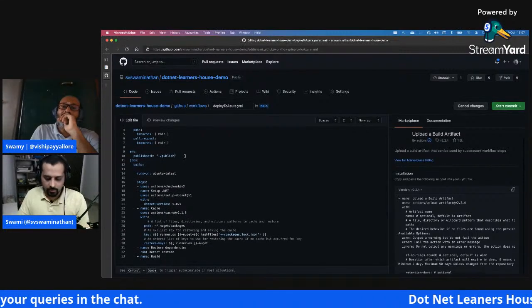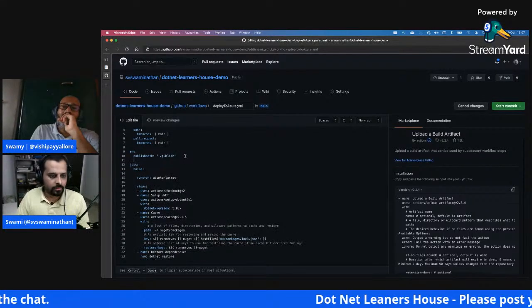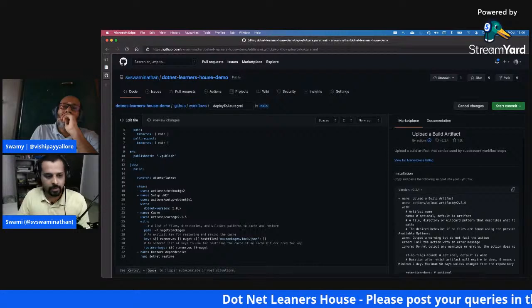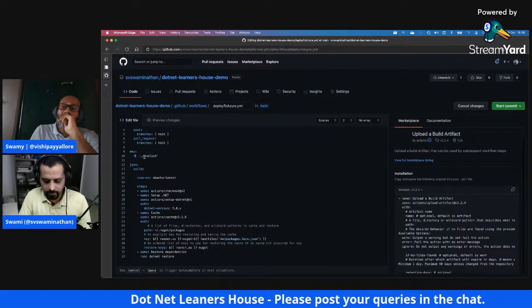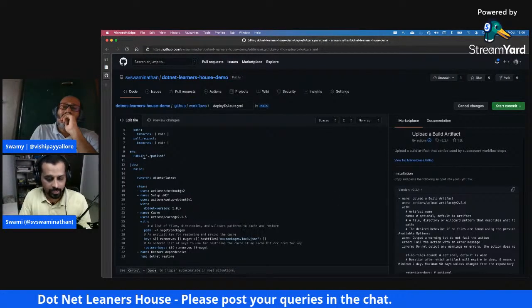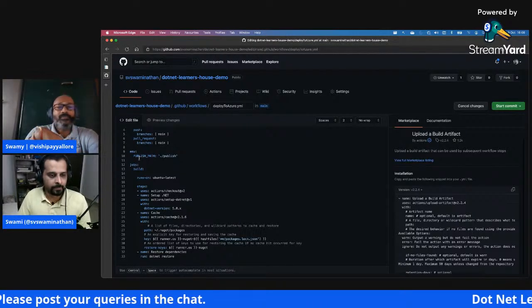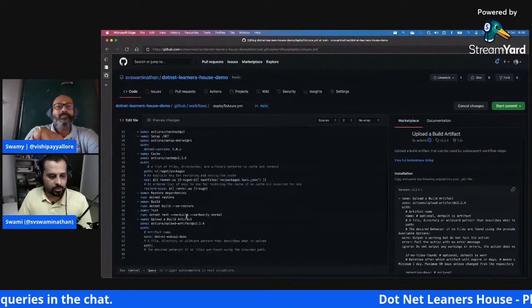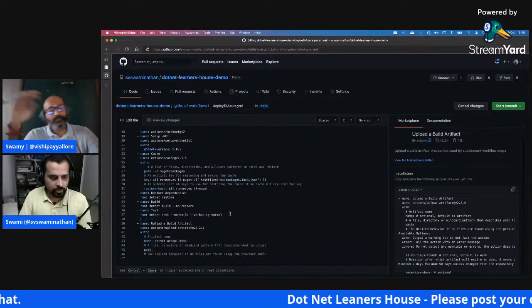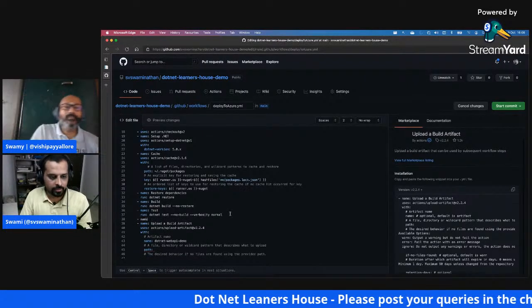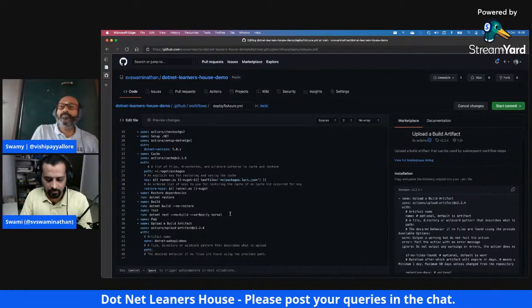Now I think I need to press an enter here. Okay, publish path is set up. As a good practice, it's better to put it like this so that you know you are accessing a variable here. So this is my publish path. Now what I also need to do is publish my thing after my tests are run successfully.